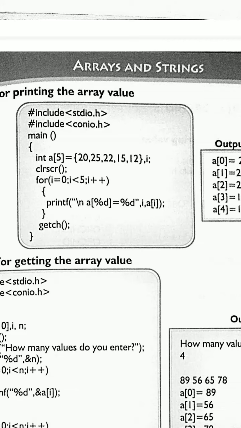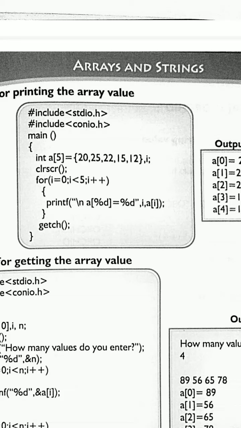So we'll see one by one. So the first value i is equal to 0. So 0 is less than 5. The condition is true. So now getting into the body of the loop. printf("\n a[%d] = %d", i, a[i]);